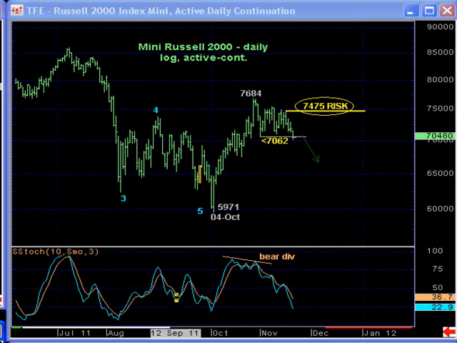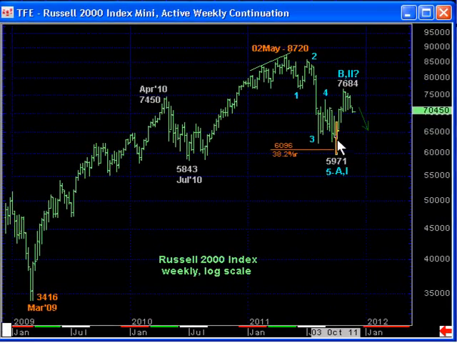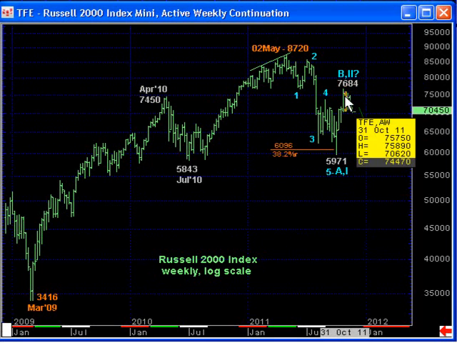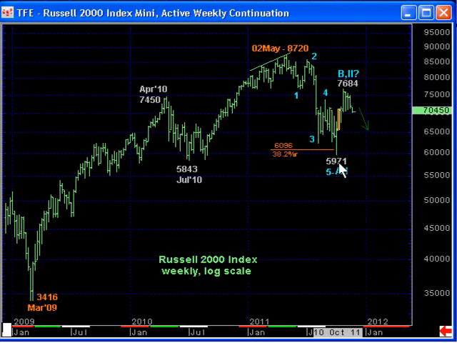Looking here at a weekly log scale chart, and despite the extent of the October rally from a 59.71 low up to that 76.84 high relative to this year's earlier decline, it remains quite possible that that 87.20 to 59.71 decline that started from early May is just this initial A or first wave of a much larger degree reversal lower, and that the October recovery, again, as sharp as it was, is a B or second wave correction, a right shoulder, if you will, ahead of what could be significant losses in not only the weeks and months ahead,